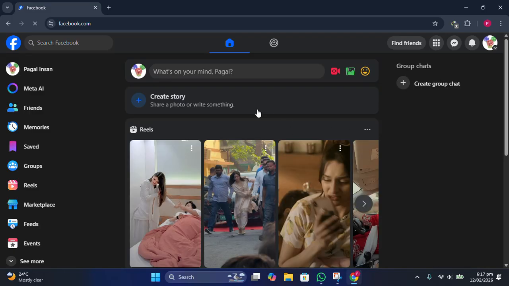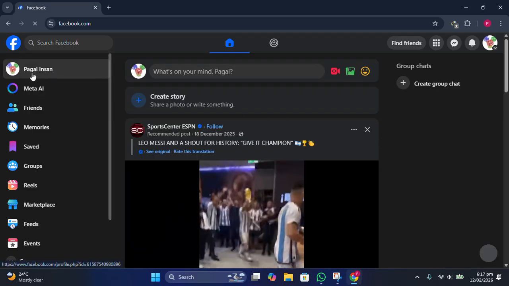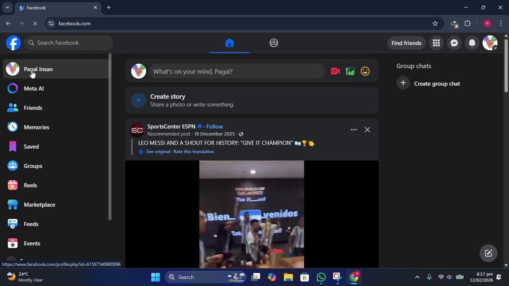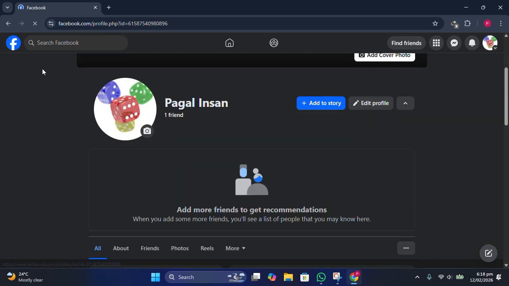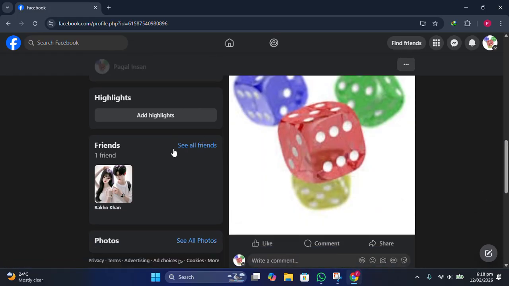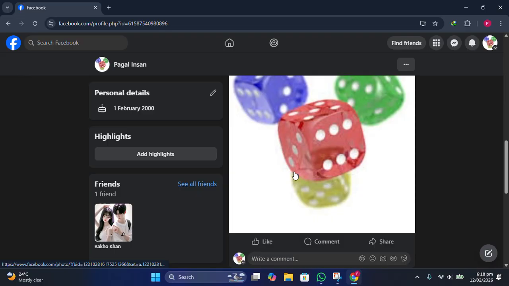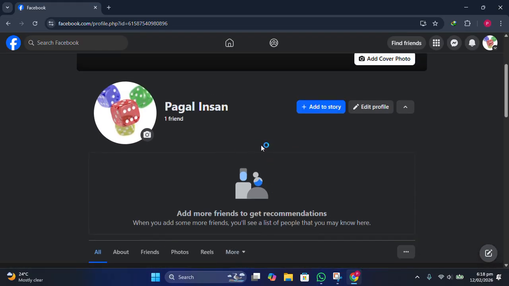And here, once Facebook has been opened, you just have to click on your profile option here. You might see your name or your profile photo also. So just click on it to open your profile page. You might see your profile page here. You will see your friends, your posts, your videos, and your messages you have done. So if you want to edit your profile, just click on the edit profile option here,